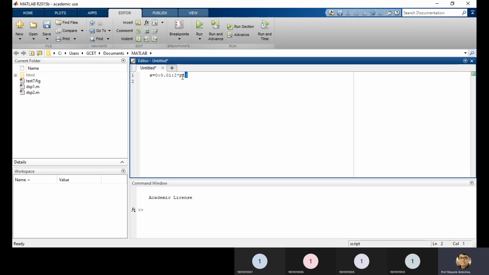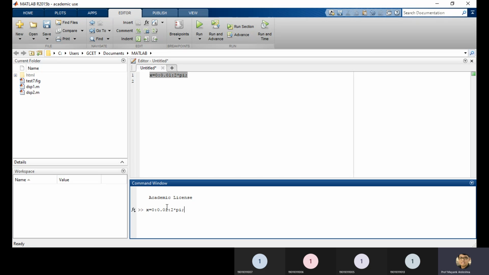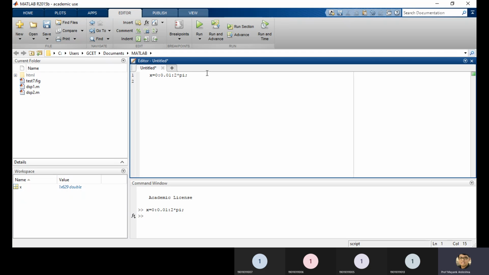You can see right now this is the M file, not displaying the results. I'm just giving the output. You can find that x is generated as one row and 2629 columns. It means starting with 0 up to 2 pi, the values are generated with an interval of 0.01. So starting with 0, 0.01, 0.02, up to 2 pi, it finds the values. Same case if I mention the value of y, consider y is equal to,